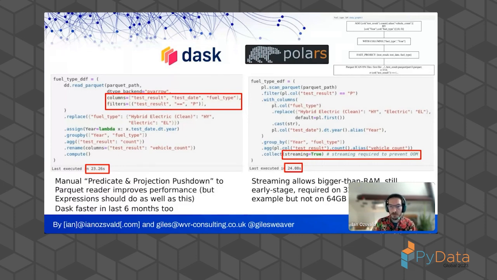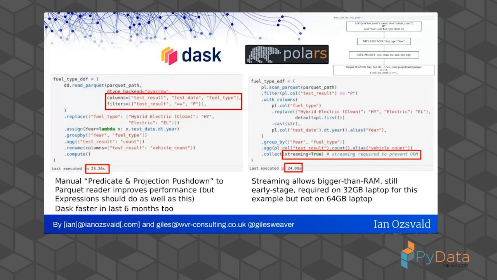We do a scan Parquet for a lazy operation. We have the same query in there, and it takes 24 seconds, and we didn't really have to do anything. It's kind of interesting. We didn't have to know a lot to make Polars work well on this single machine, multi-core, multi-file problem on one hard drive. The obvious caveat here is that Polars won't scale to multiple machines, whereas Dask can scale to multiple machines. I've highlighted the streaming equals true. On the 32 gig machine we use, this Polars query with streaming equals false, the default, it failed.